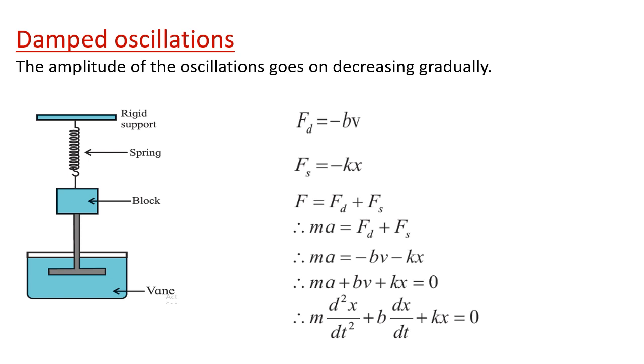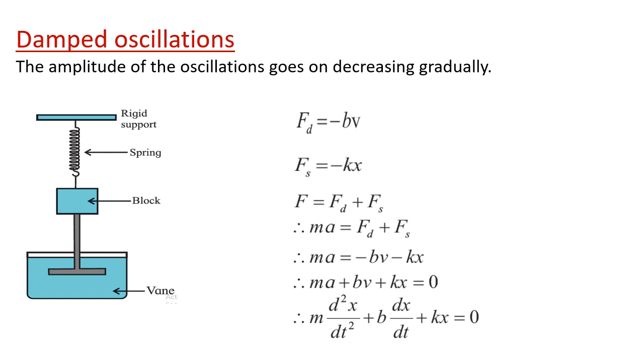Now here in this case we can write this damping force Fd as minus bv, where this b is nothing but the damping constant,